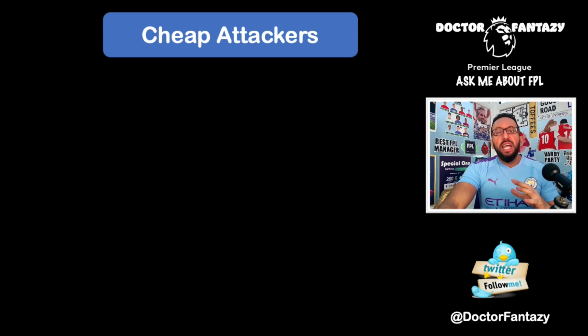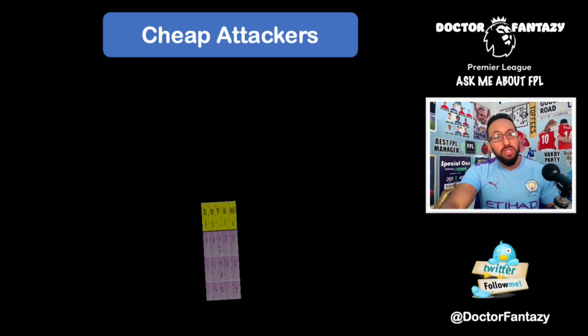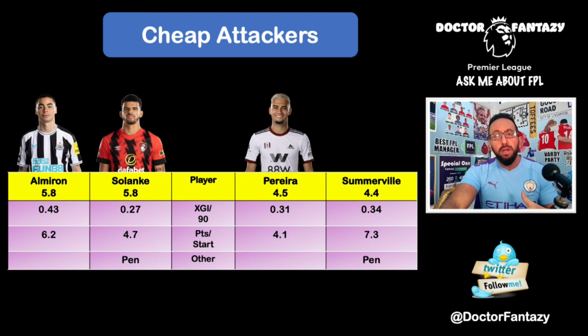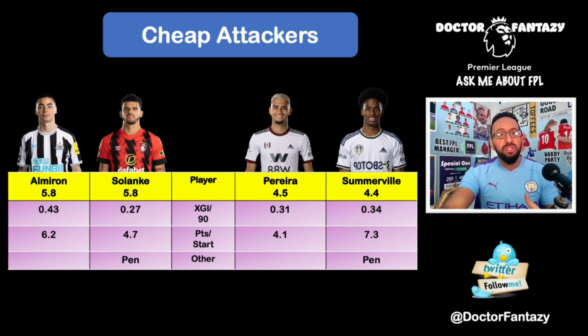Cheap attackers, and these are the ones that will be your 4th or 5th midfielder or your 3rd striker. We've got Almiron, we've got Solanke, we've got Pereira from Fulham, and we've got Somerville from Leeds. Almiron, of course, I think is locked in every team. He's 5.8 million, 0.43 XGI per 90, massive for his price, and he's a bit overperforming, 6.2 points per game,